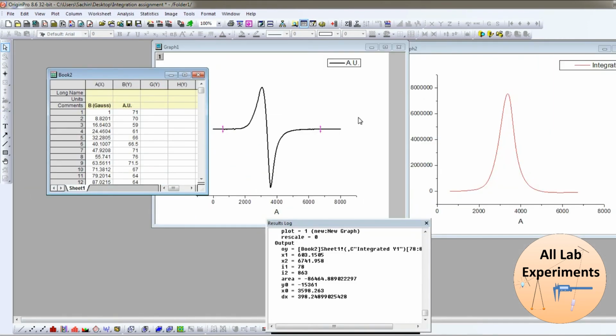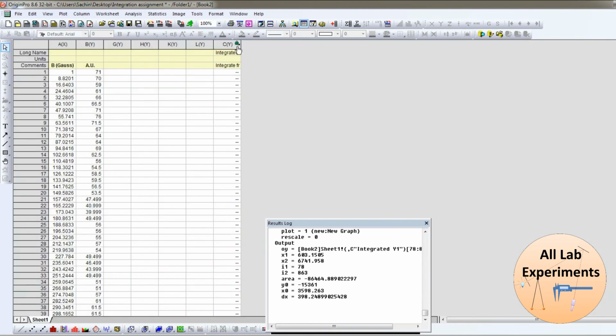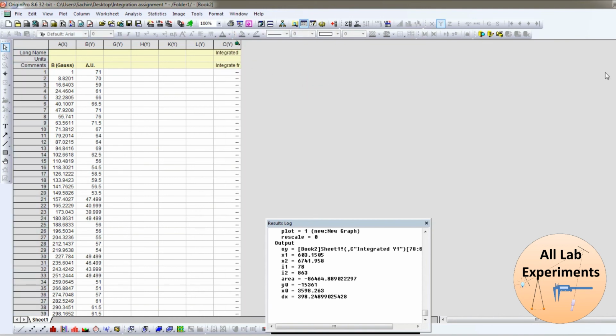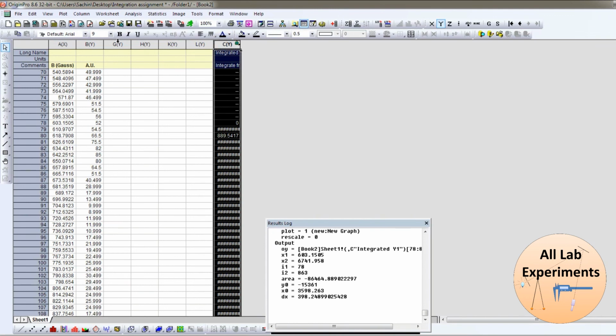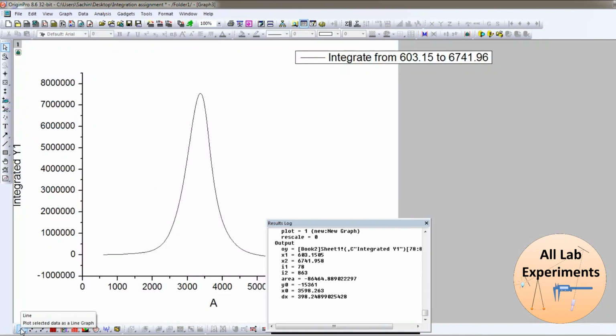Now let us check the data of this integration curve in our book. Here is one additional column which is labeled integrate. If you check, we integrated from this point onwards, and if we plot this with this data, we will find this curve.